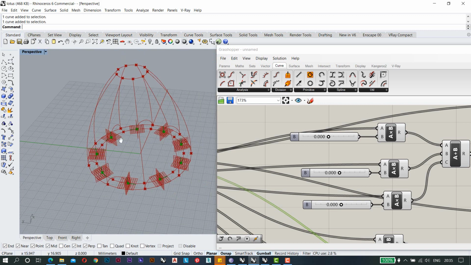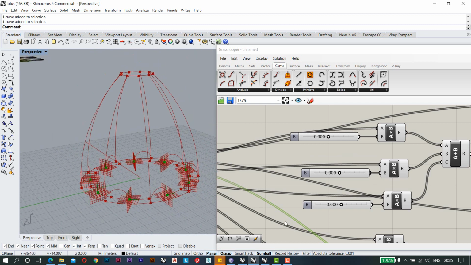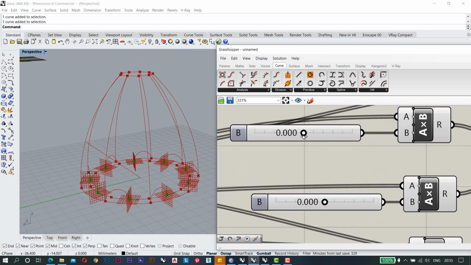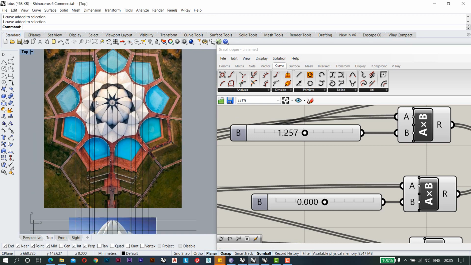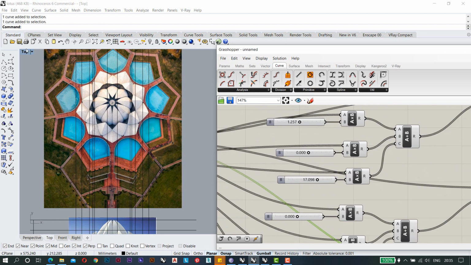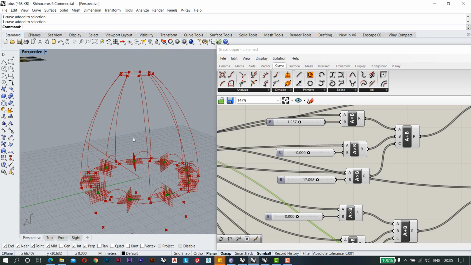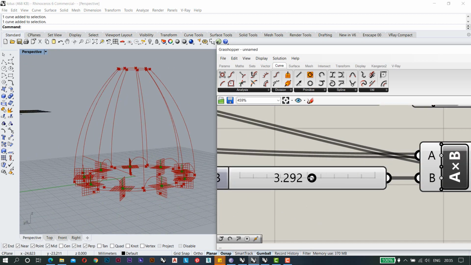First I will make these 3 points little higher values, so I will see where they are going. First I need to set the height, so I will just move the Z factor first here. They are going down, so I will make it negative.